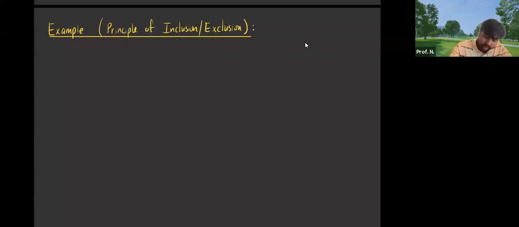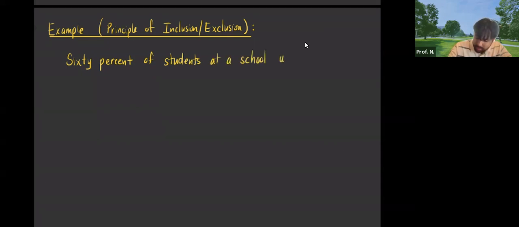Okay, so we have 60% of students at a school wear neither a ring nor a necklace. 20% wear a ring